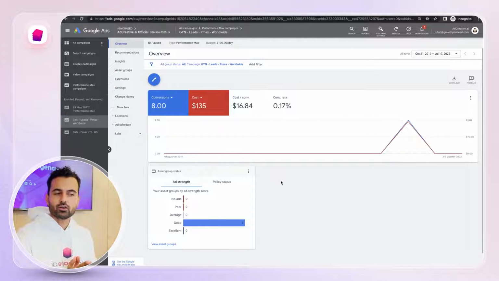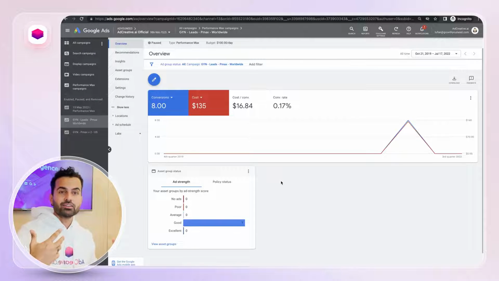On this video, we are going to be talking about how we can optimize Google Performance Max campaigns. If you're not sure what a Performance Max campaign is or if you don't have one, I have another video. I left it in the description. I will also put it on the screen so you can click there and watch that to create your first